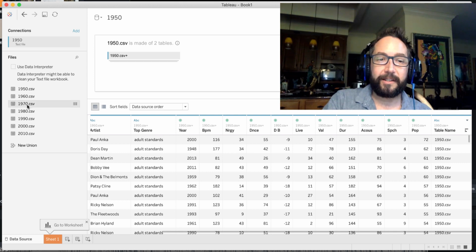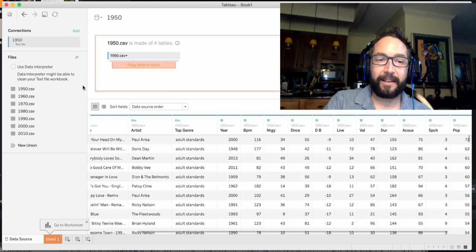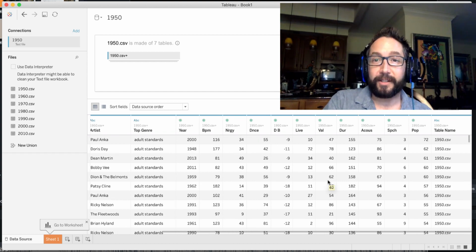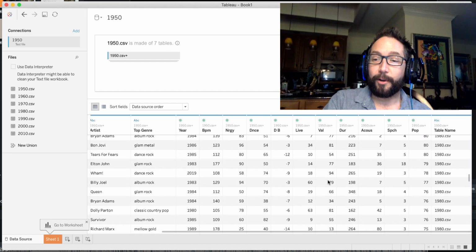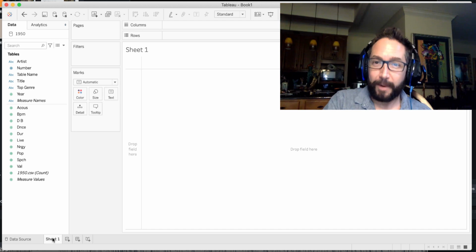So it's as easy as saying, okay, well, let's add in 1970, 1980, 1990, 2000, and 2010. Now, obviously, if there's 100 files, that's going to get a bit tedious. But if you're dealing with a few files you need to stack on top of each other, Tableau is pretty nice for doing that. Now, if you head over to Sheet, you can just check to make sure that that